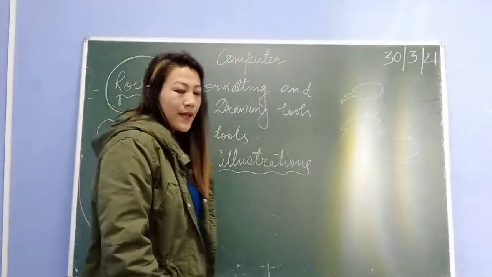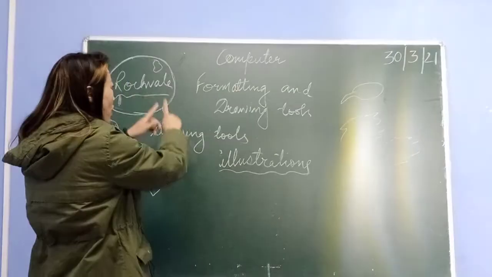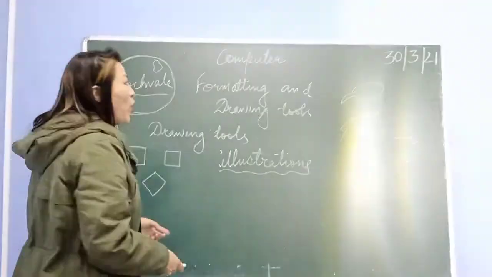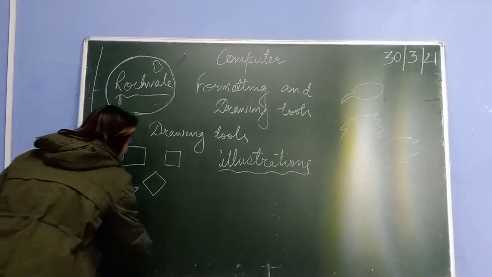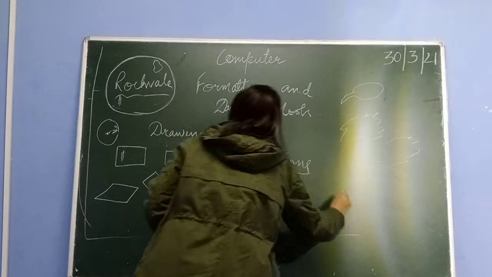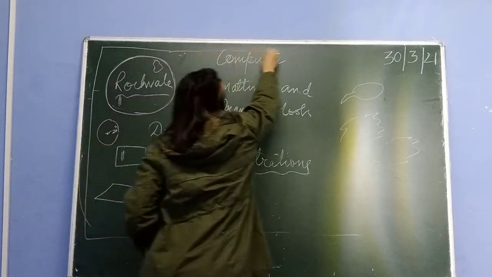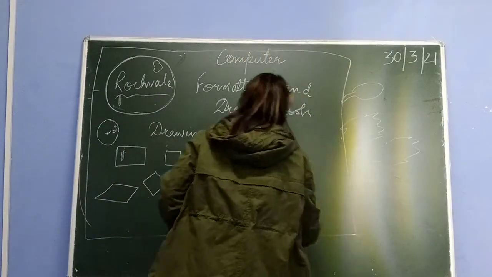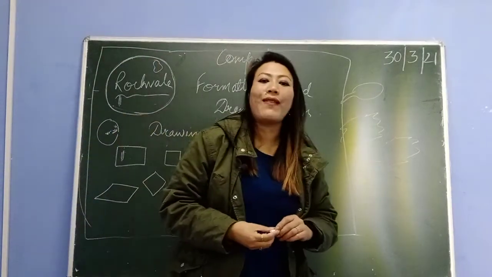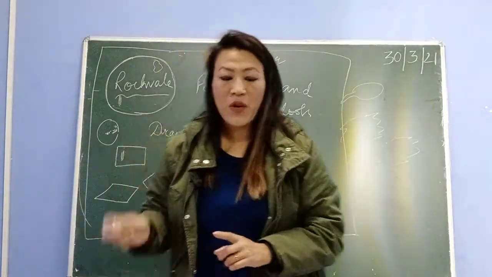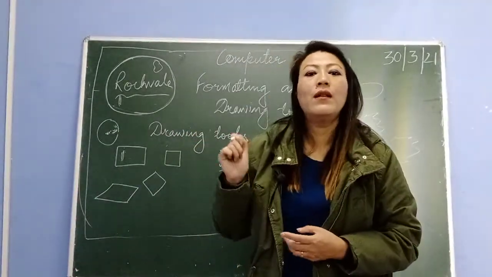Borders and shading: this is your Microsoft Word document, or we call it your page. Border means when you want to give an outline border, you can insert a border to your page. This border will be visible only when you get the output of that page, the hard copy. When you print, then you will get the border.